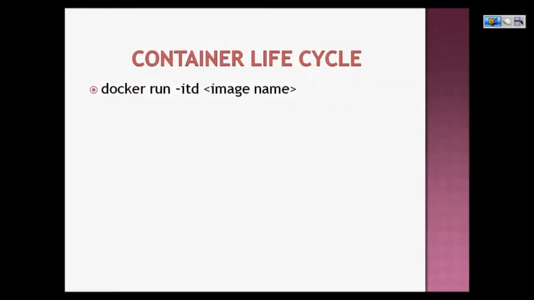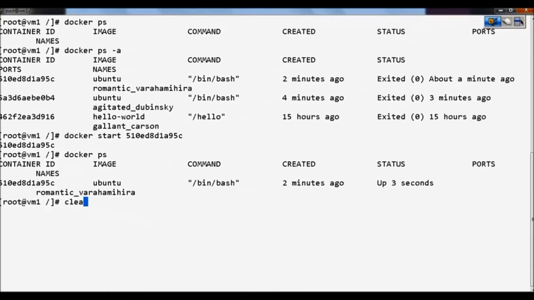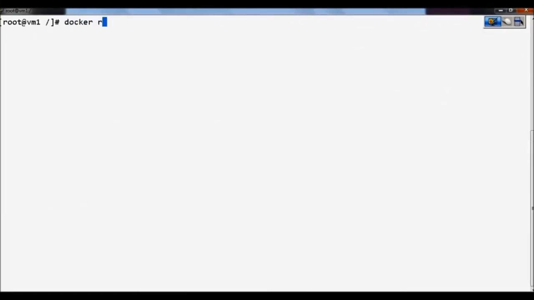Now let us see running the container in detached mode. Like we have earlier seen running a container in attached mode or root user mode. And now let us see running them in detached mode or default mode. And the command is docker run -itd, means interactive terminal detached mode, and the image name. In detached mode we don't get the shell of the container. We still remain on the Docker host and can manage the containers.